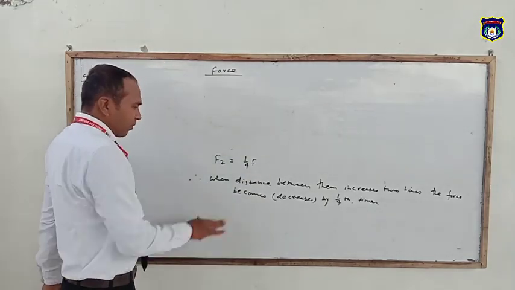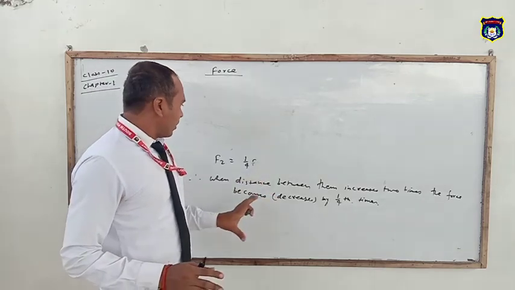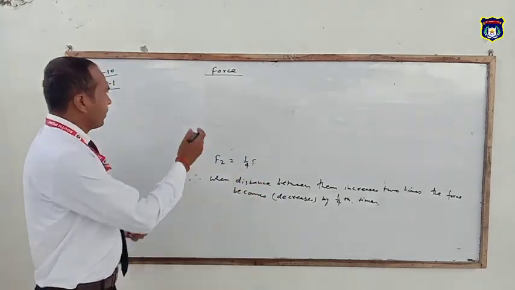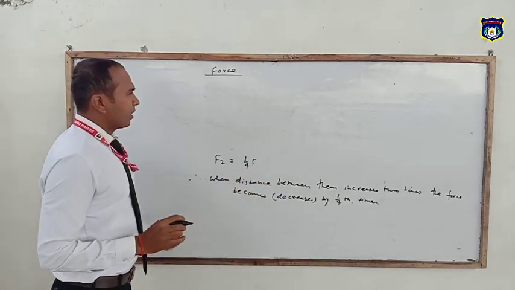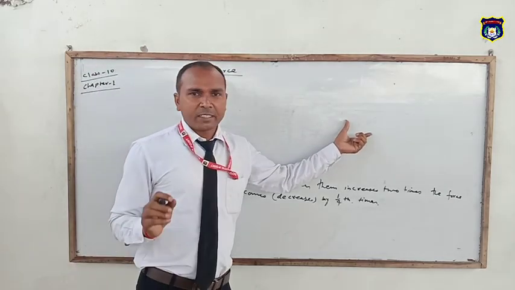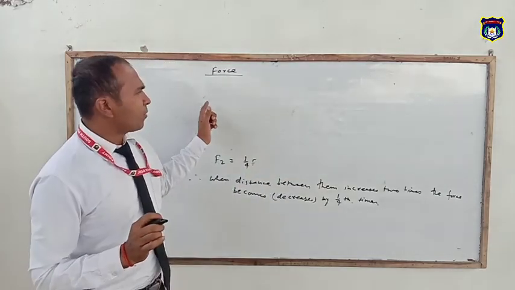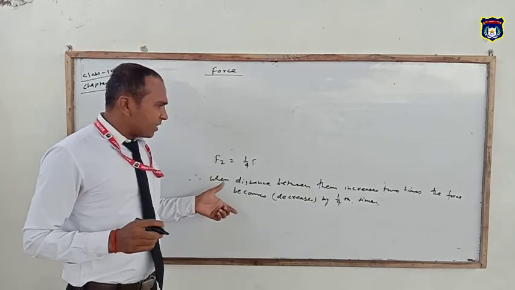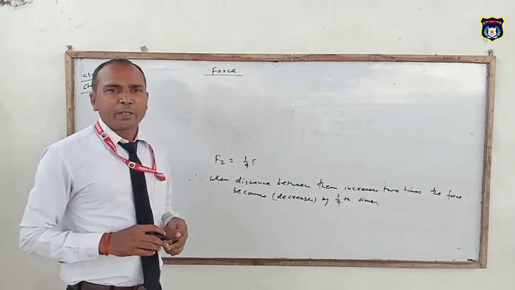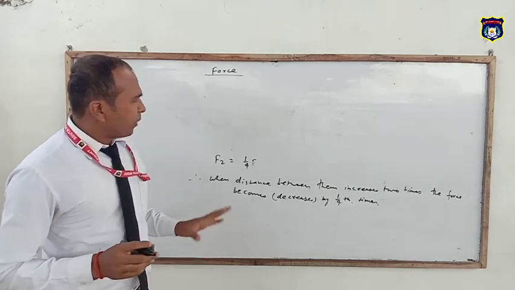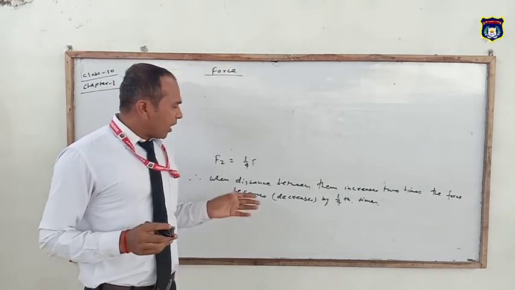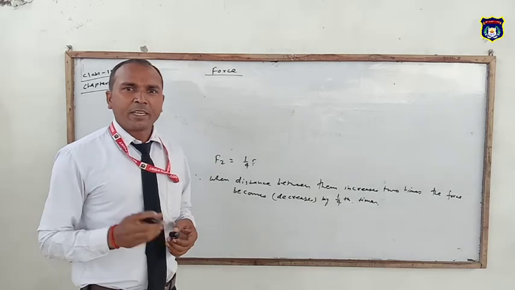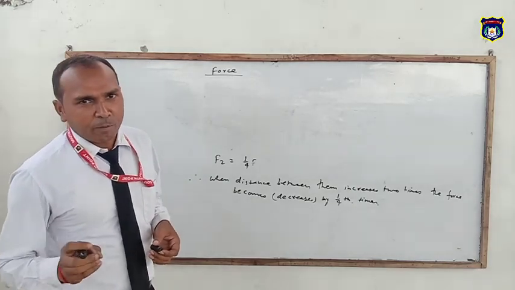Okay, and this was for today. The definitions, like the derivations of gravitational force F is equal to G m1 m2 by d square, we can prove, and what are the conditions? When the mass increases by 2 times, how much does the force change? And when the distance increases by 2 times, what effect appears in the gravitational force?